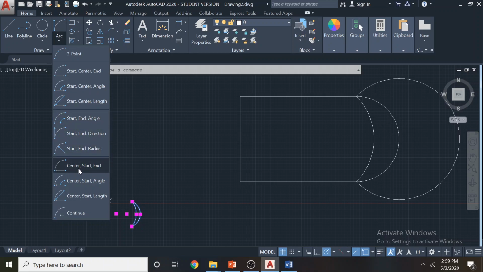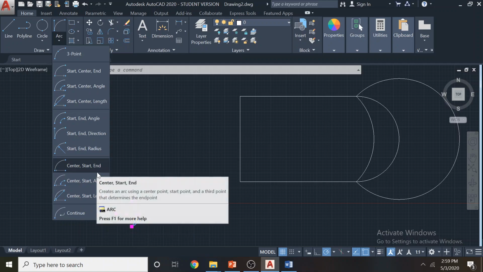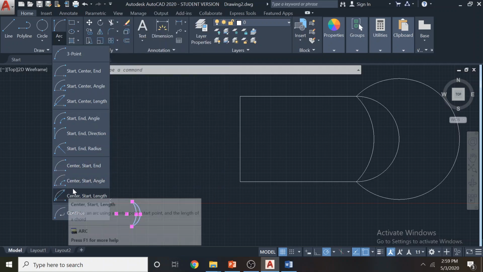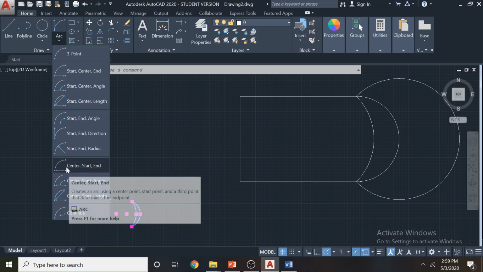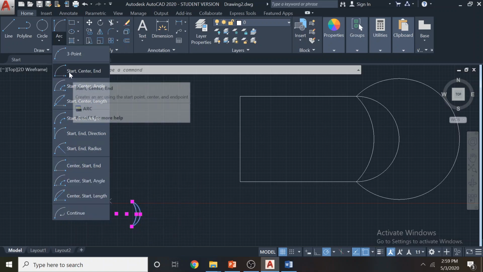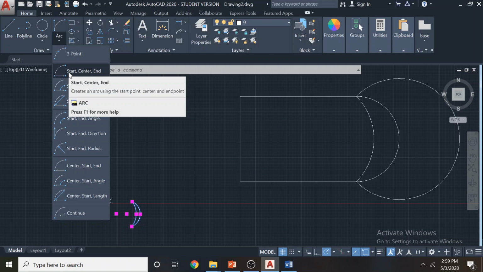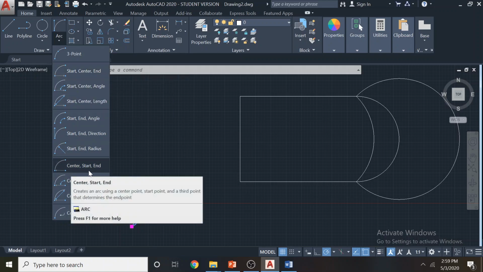Now the next three talk about giving the center point as the first command. Start center end and center start end are almost similar, but the sequence is different. Here we give starting, here we give center, but it's the same command.